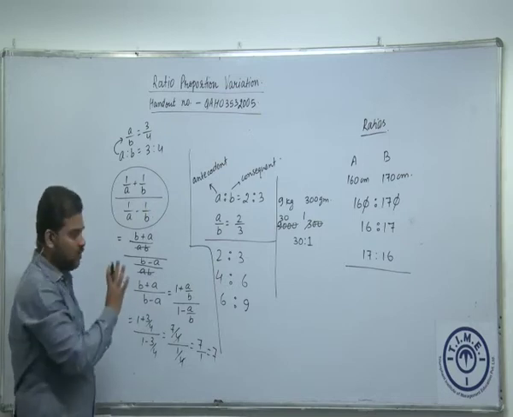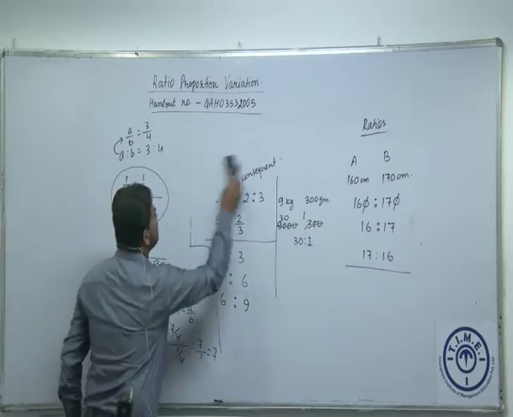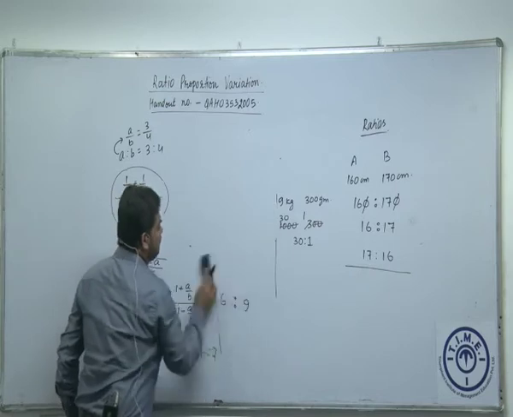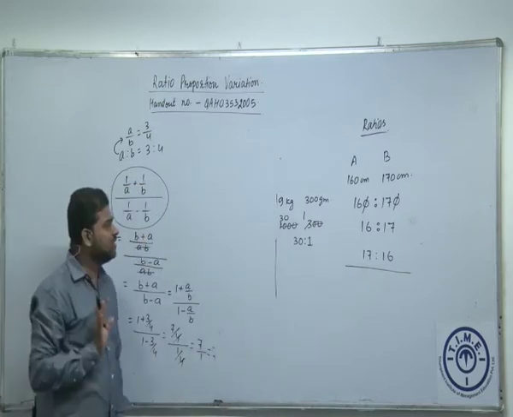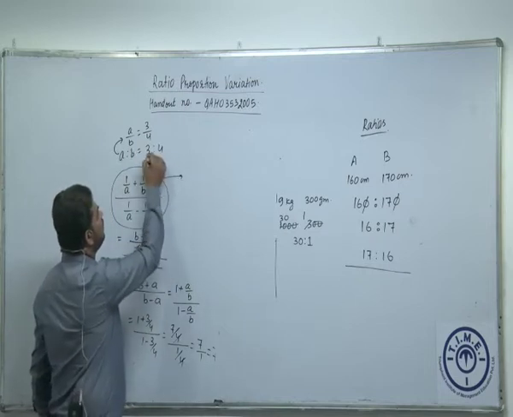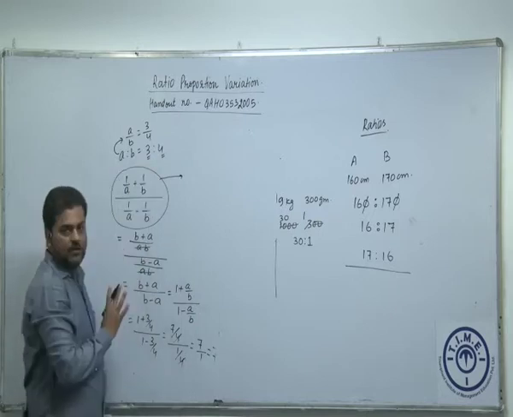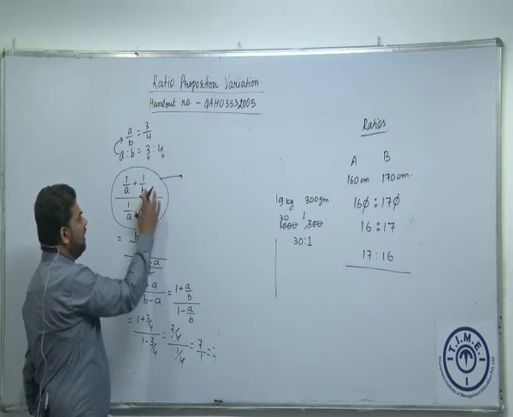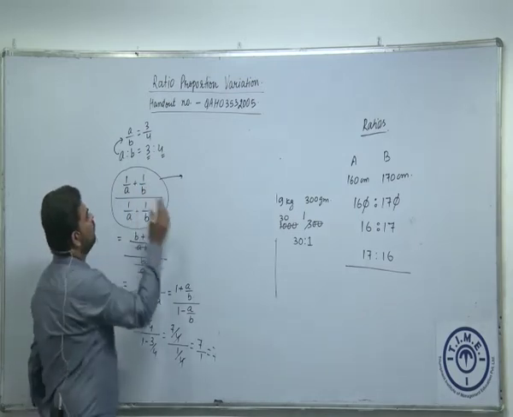Now, next step is what? We don't have to bother much about the complexity of the question. We can simply do this question like this. If we have the same order in the numerator as well as the denominator, then the ratio was A is to B, which was 3:4. So we'll simply put the value of A as 3 and B as 4 in the given expression, and we will get the answer. Okay. So let's put it here.